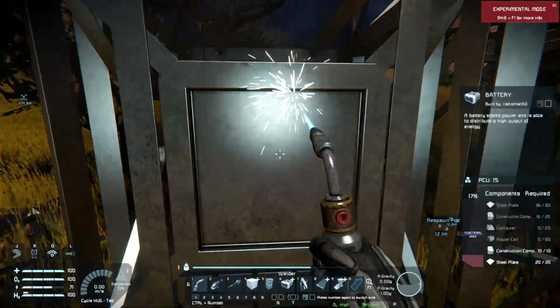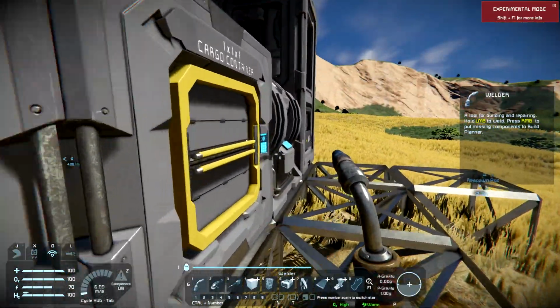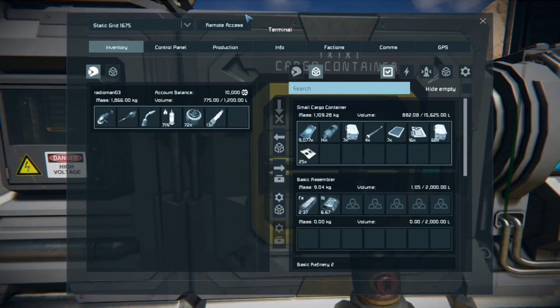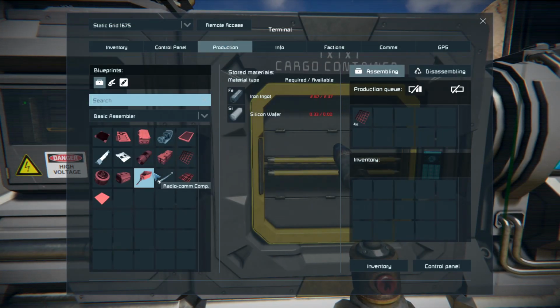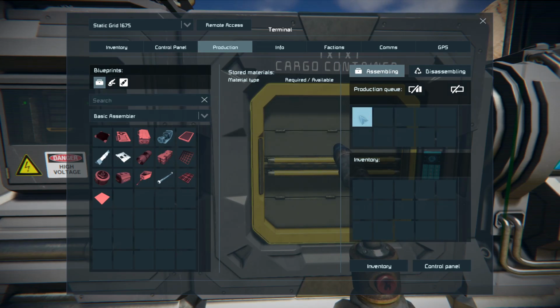Power cells, huh? I don't think I could do power cells until I have cobalt. Don't know about that. Let's go to production. Let's see. Power cells. Here they are. Silicon, iron, nickel. Oh, okay. Silicon, iron, and nickel. It does not require those things. So I could take that, and let's go ahead and make...